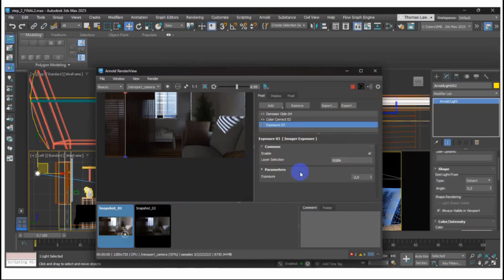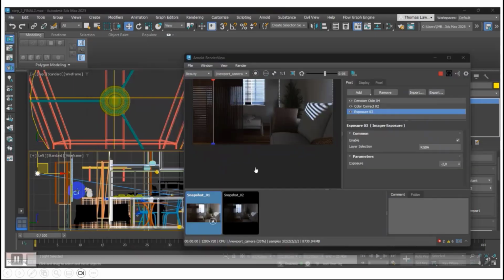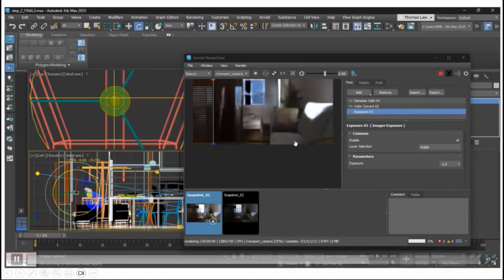We need to adjust more brightness on your screen. This is easier, right? When you present to your client inside 3ds Max, because of the snapshot, you can compare after and before, right? This is the exposure. You can change it, and your customer is happy. Hey, this is what you want for the project, the lighting, and I can change the lighting.